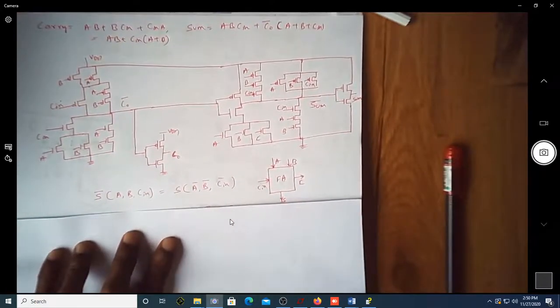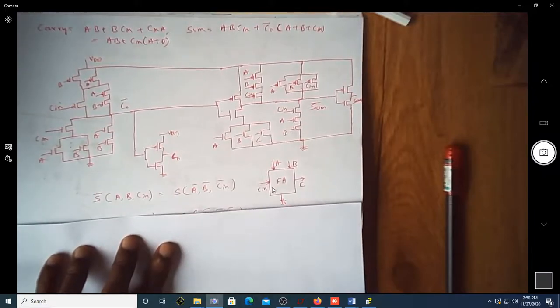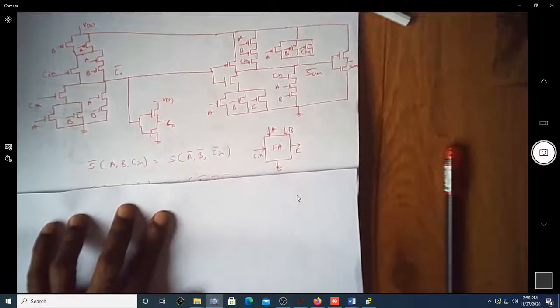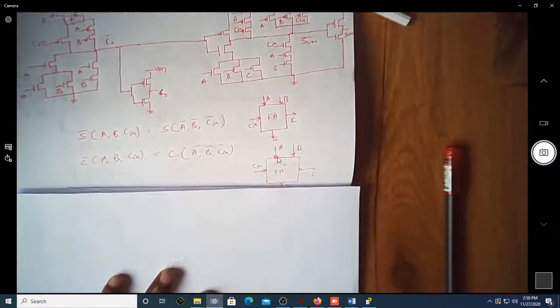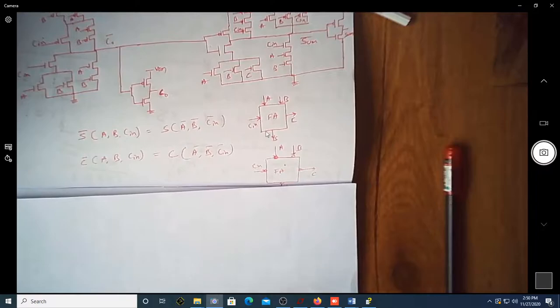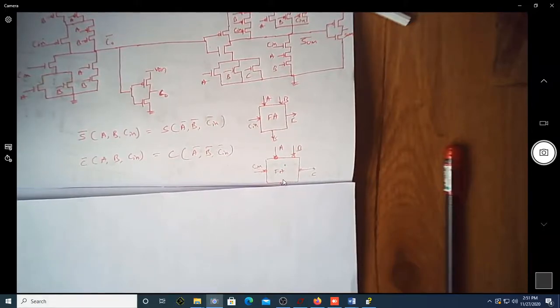So what I mean to say here is, if you apply C in, A, B, of course you'll get a sum and carry. Now if you complement the inputs here, you can see the difference between this and this is that all the inputs are complemented. You are inputting C in bar, A bar, B bar. What I will get is actually C out bar and sum bar.